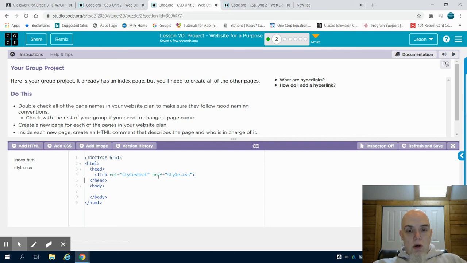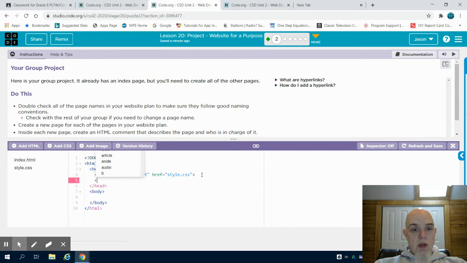Again, we're working in the code.org platform and we are making our websites, and I'm going to show you how to do emojis in HTML. Well, the problem is we have to call in a character set for emojis. So we have to go to our head where we linked our CSS, which is where we store our metadata,